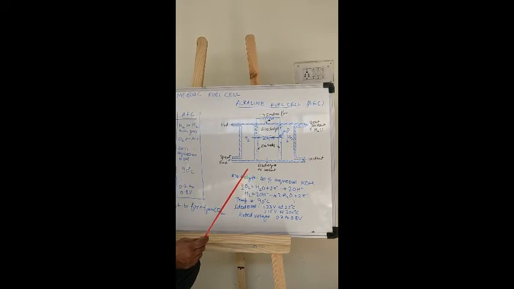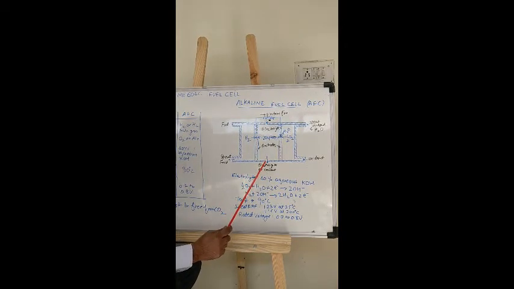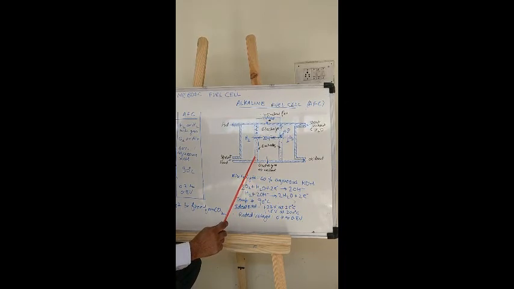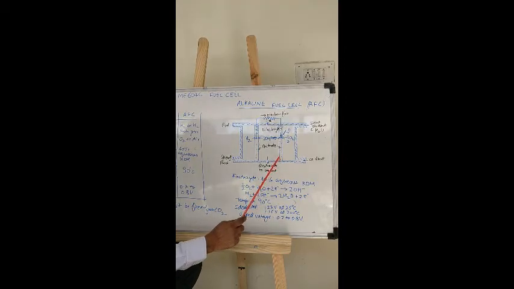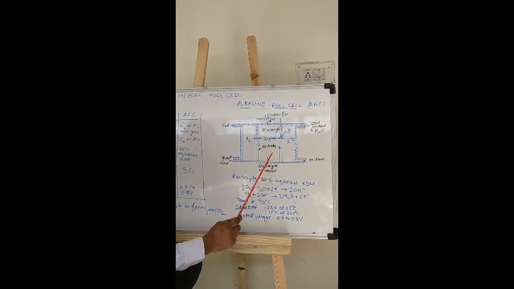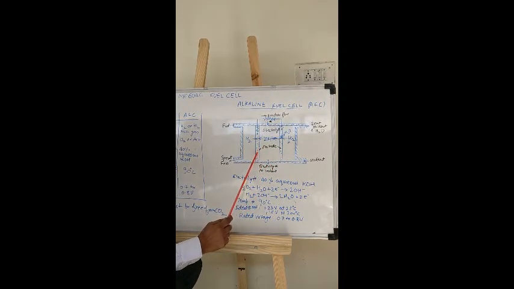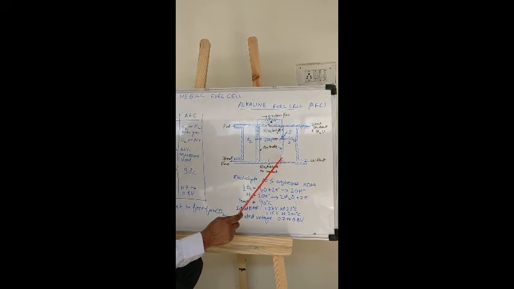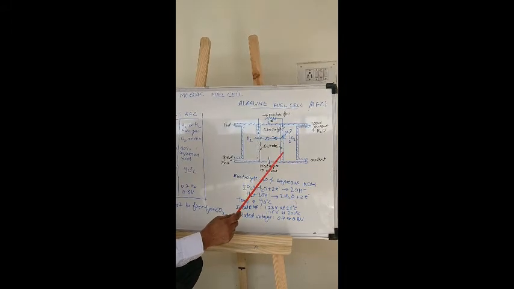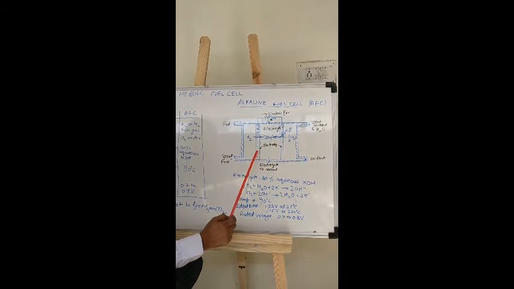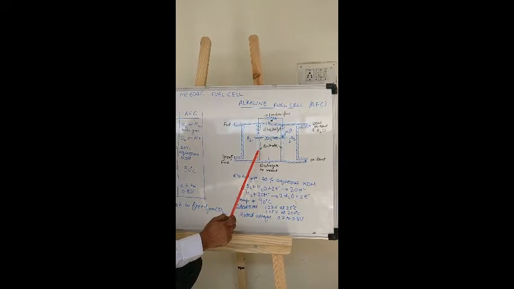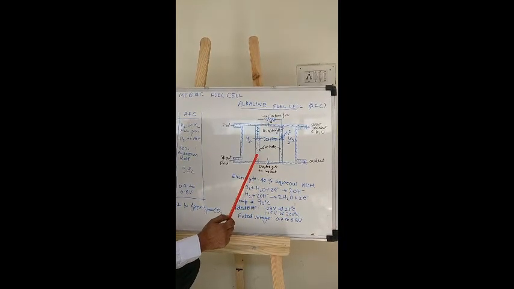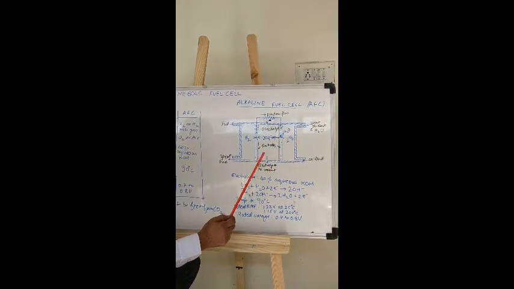In order to increase the activity of the chemical reaction to be taken place within this cell, the coatings of nickel and silver are provided on these two electrodes. That means negative electrode is coated with nickel, whereas positive electrode is coated with silver. The best material available for coating is platinum, but since it is very costly, that's why these two materials, nickel and silver, are used for coating of these electrodes.